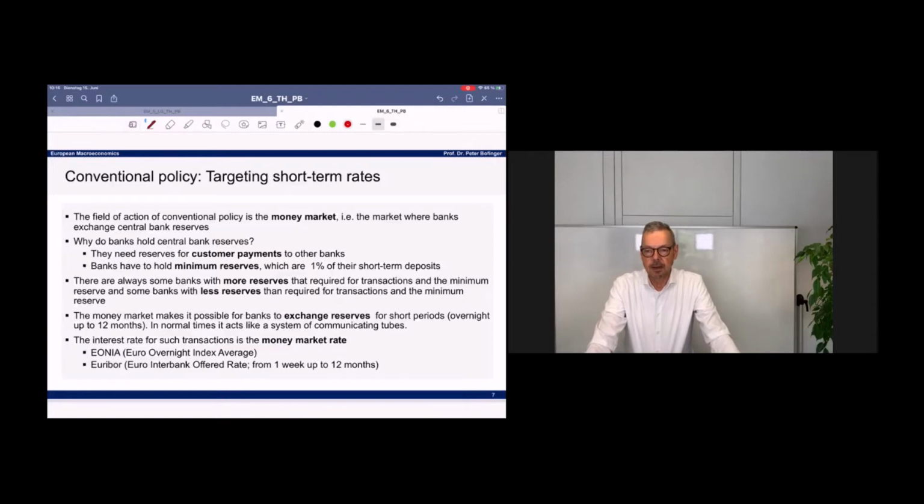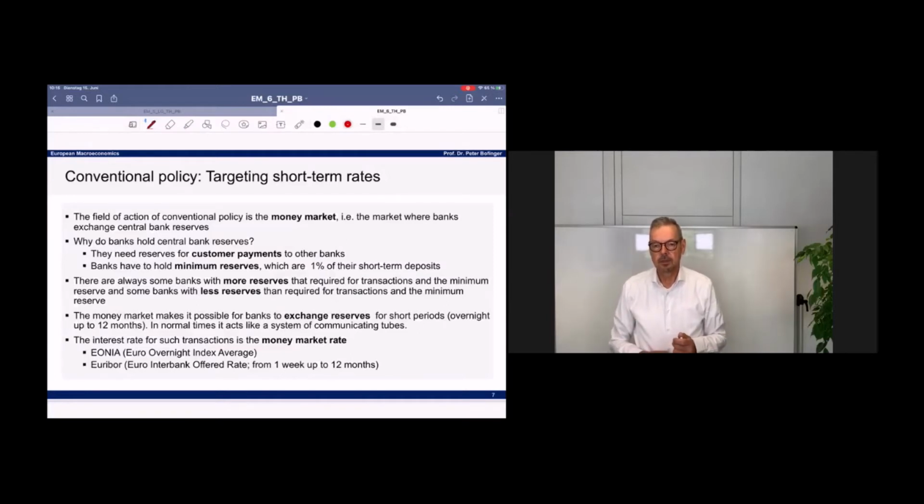So on this money market, we have different interest rates. In the euro area, the interest rate for overnight lending, very short-term lending between commercial banks, is the so-called EONIA. EONIA means Euro Overnight Index Average. And then for the longer maturities, we have Euribor, Euro Interbank Offered Rate, for maturities from 1 week up to 12 months. So this interest rate on the money market is the rate that the ECB is targeting with its